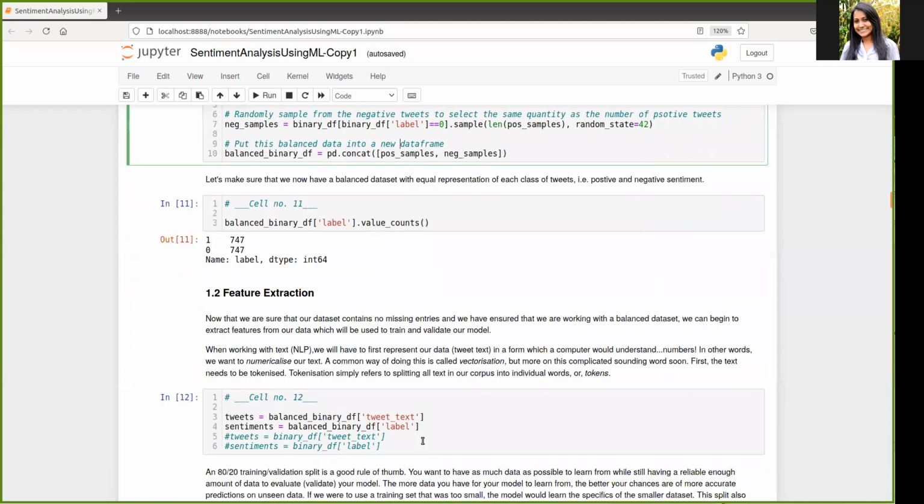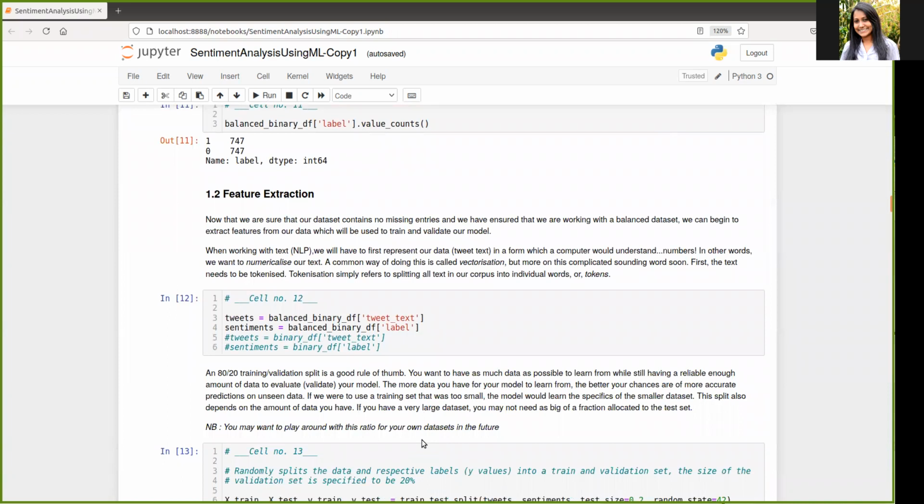Okay, so we now move on to feature extraction. So extracting our features from the text for machine learning purposes, so that the model can learn what kind of features from the text indicate a positive sentiment and what kind of features indicate a negative sentiment. Okay, so in NLP, one of the common ways to do this is where you have to